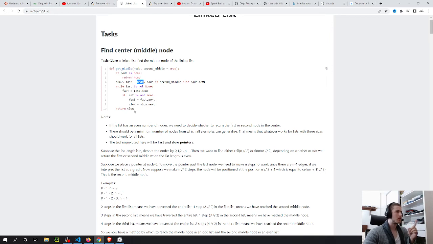So it's creating two pointers, one behind the other, and then it's changing both of them while fast is not null. Fast equals fast.next. If fast is not null,